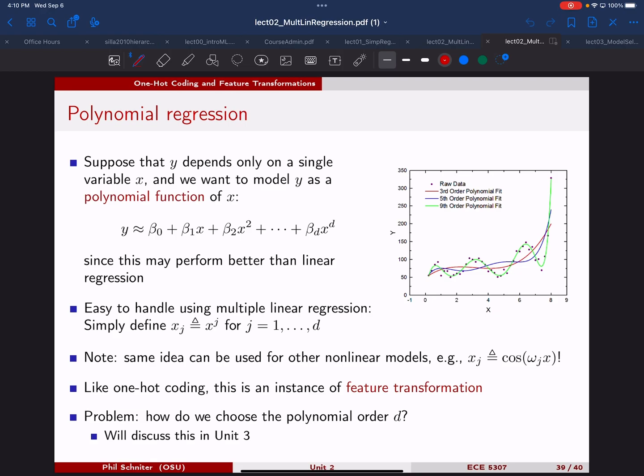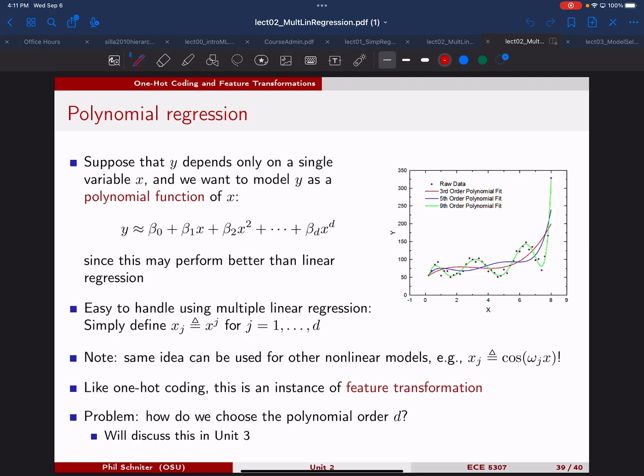Let's get started. So there's just one more slide to cover on Unit 2, and it's sort of a motivation for the next unit. So in Unit 2, we learned about multiple linear regression. In that case, we had D different features, and we came up with slope coefficients for each of those features, as well as a single intercept coefficient. And if that sounds limiting, I wanted to show you that you can actually do quite a lot